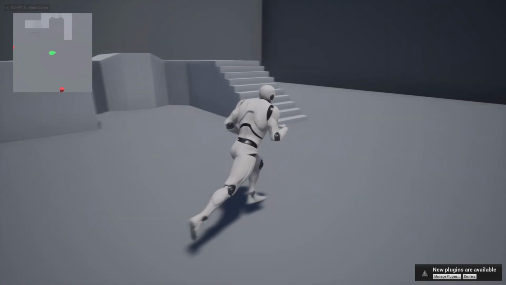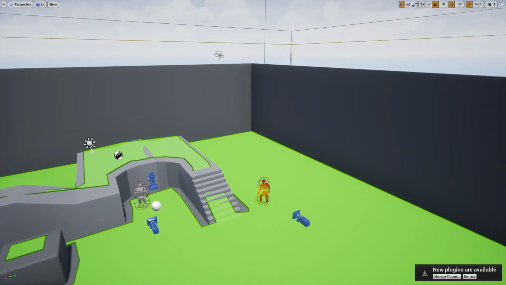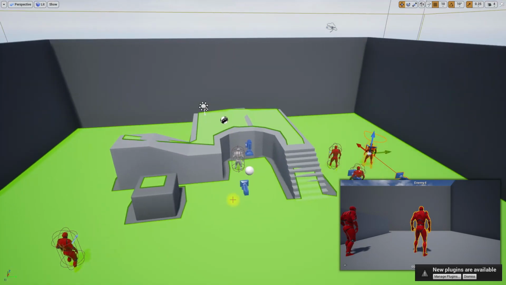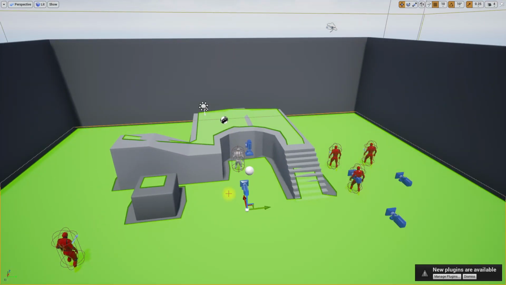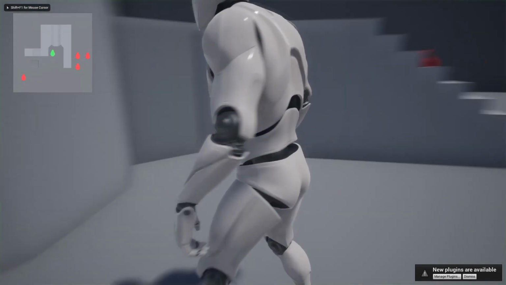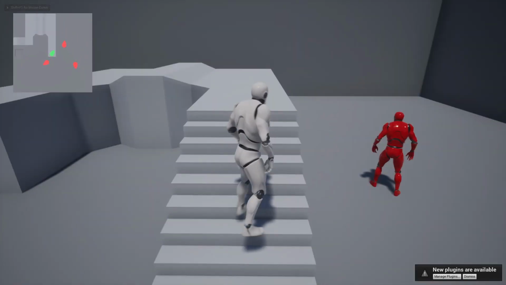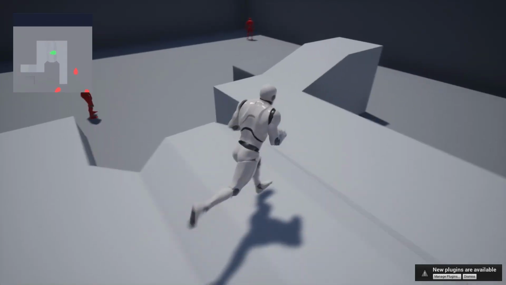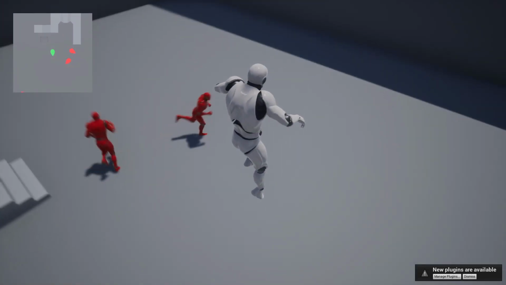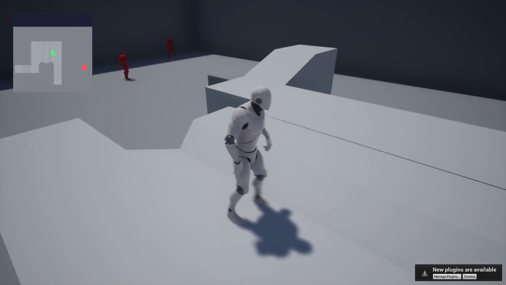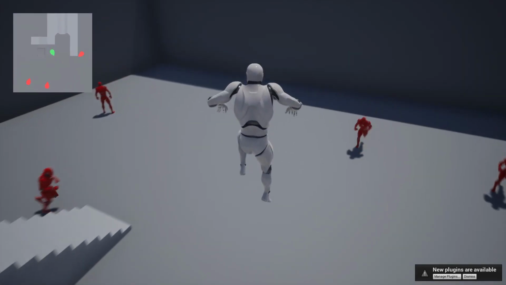So yeah, as I said, let me add a few more enemies. Still the system should work without any issue. See, okay, I can see the enemy pointers in the minimap. Alright, so with that I'd like to stop this episode right here,